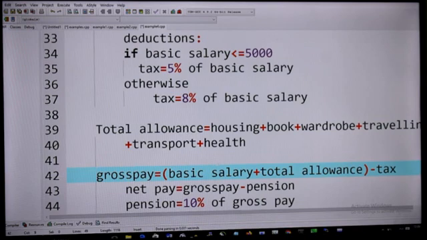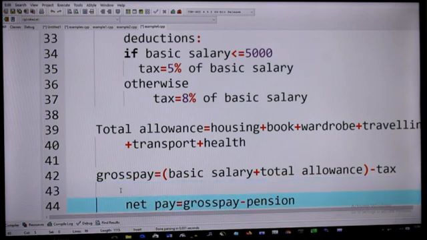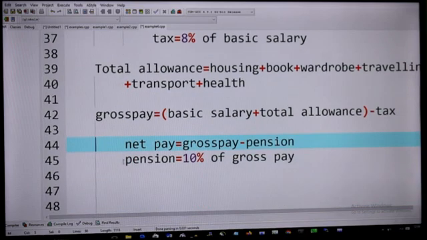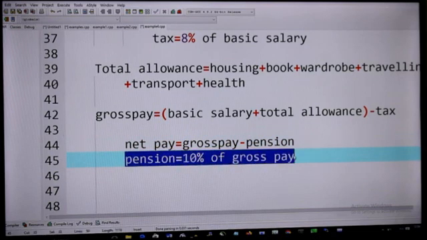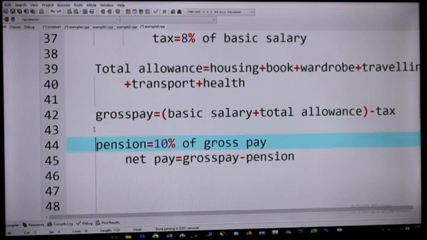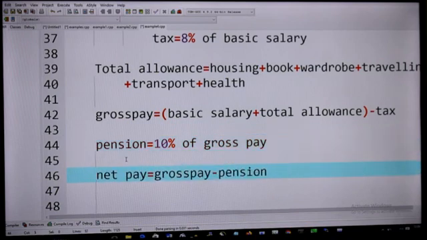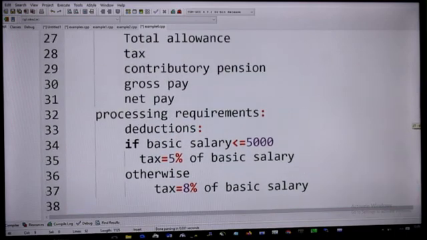Then you'll be able to get your gross pay. Then you'll be able to get your net pay. So for you to get your pension, you will first of all compute gross pay, then pension is equal to 10% of gross pay. So that is how they will follow each other